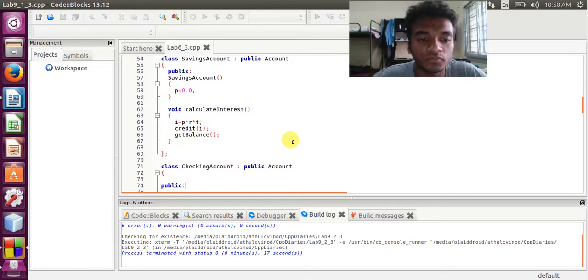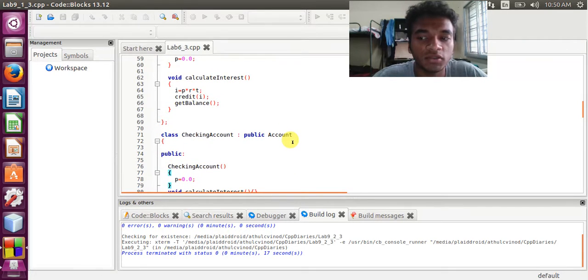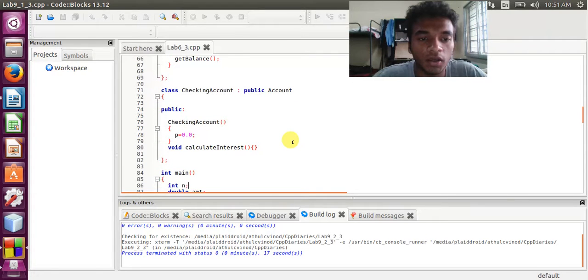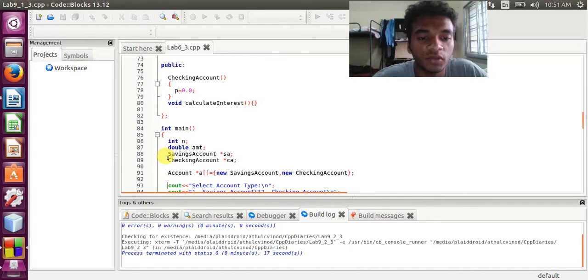And there's a class called checking account that inherits from the class account, and it initializes the P as 0, and there's the virtual function. We have to give it here because otherwise you cannot call a pure virtual function, abstract function, without making changes to its virtual function. So we have to write this, and inside the main function we make two